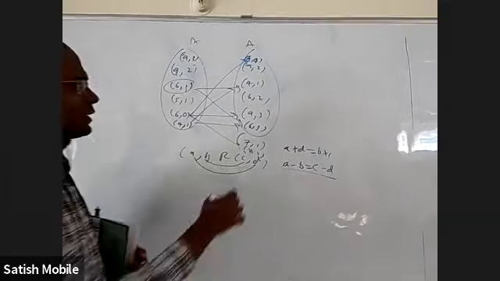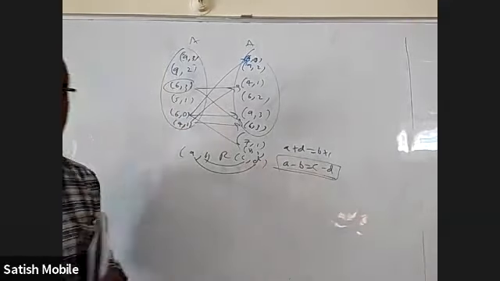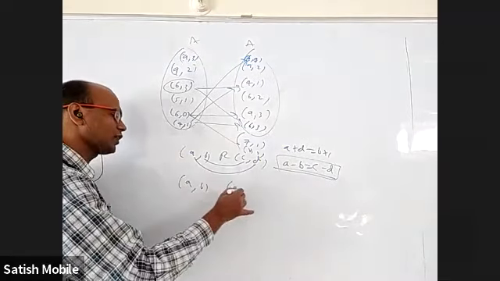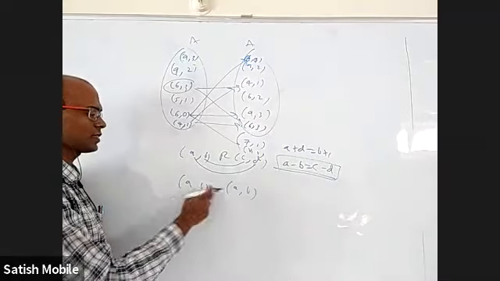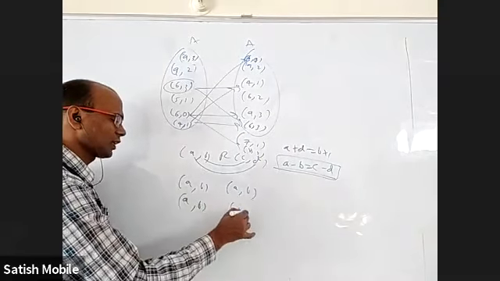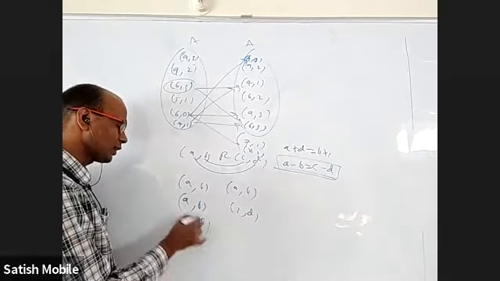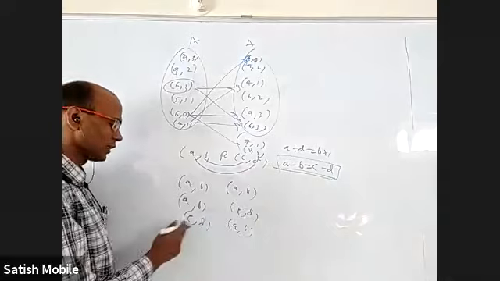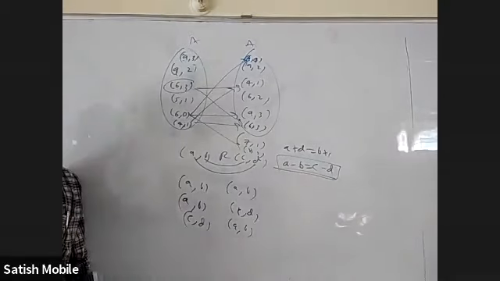Okay. So you can see like this, that is easier. Now, whether it is reflexive: will A comma B be connected to A comma B? Yes, this minus this is equal to this minus this. It is correct. If A comma B is connected to C comma D, will C comma D be connected to A comma B? Yes, A minus B equal to C minus D means C minus D is also equal to A minus B.